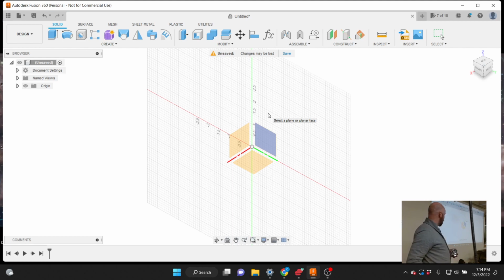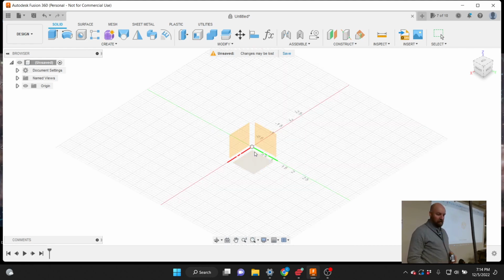Okay. So if I hover my mouse over those objects, I can just pick one of them. I'm going to just pick the one in between my red and my green axis, and I would encourage you to do the same. This is our top